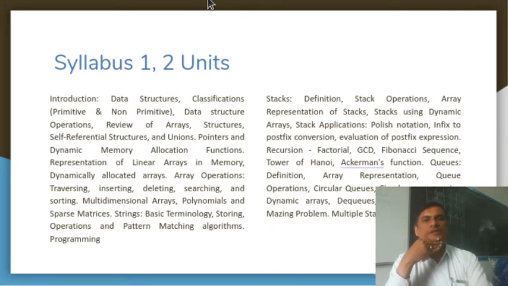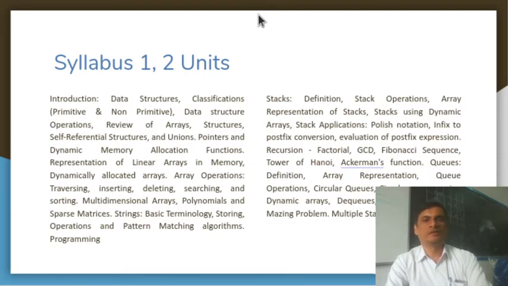In the form of recursion, the factorial program or a Fibonacci program, or in this semester we will introduce the Tower of Hanoi problem, etc. How you can apply recursion, and in turn how recursion makes use of the stacks to solve the problem of the recursive way of calling a function by itself, and how it organizes the data.